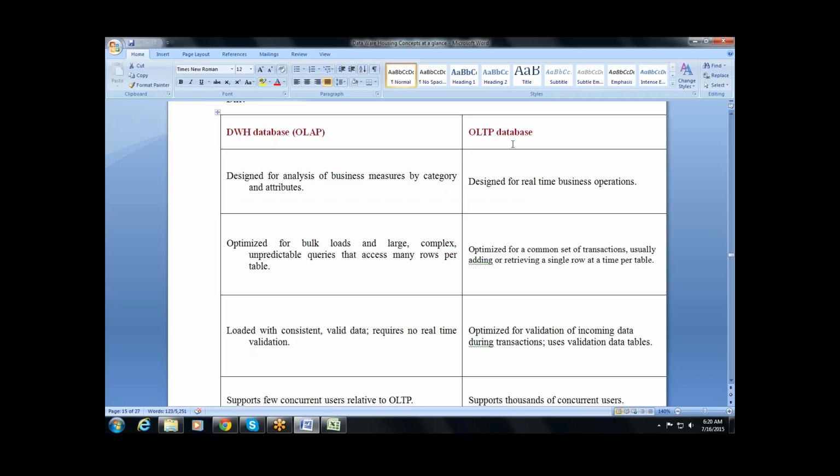The next topic is the difference between OLAP and OLTP. In the first session we discussed OLAP and OLTP. OLAP is online analytical processing, OLTP